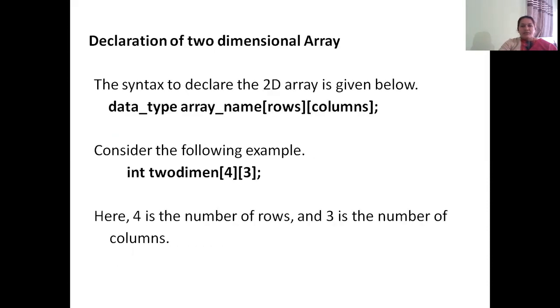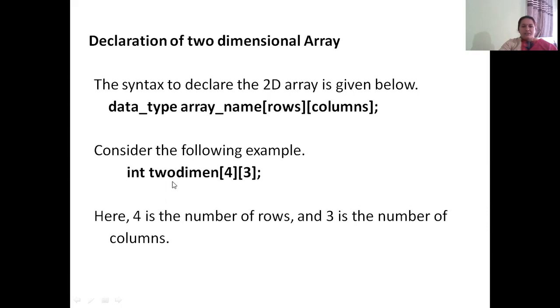Now, to declare a two-dimensional array, the syntax is data type, space, array name, followed by the number of rows in the first square bracket and number of columns within the second square bracket. For example, int 2dimen[4][3].